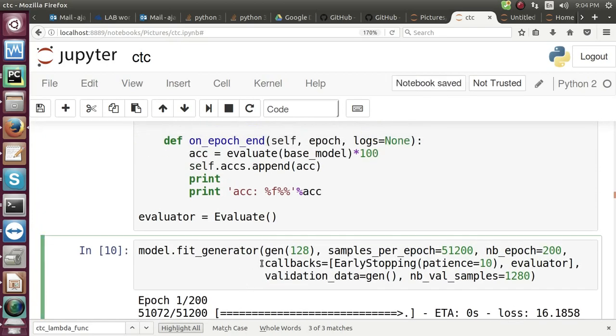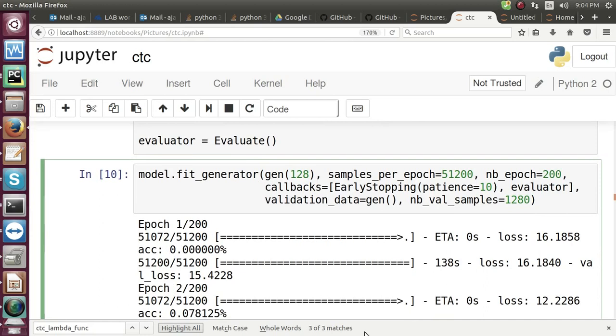And at this part, the training is being performed. Each time the number of samples we take is 51,200, the total number of epochs performed is 200, and the evaluation is done on 12,280 samples.